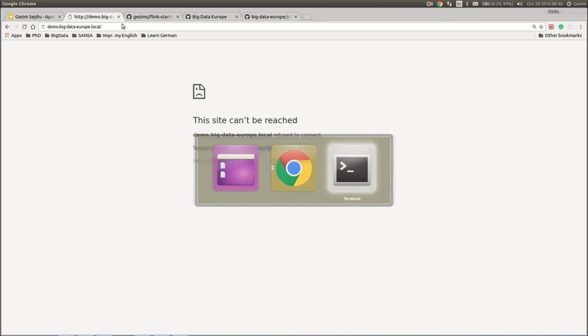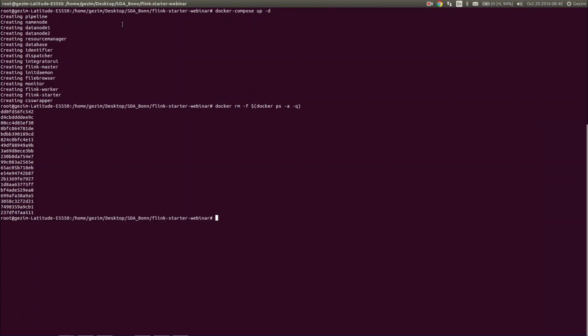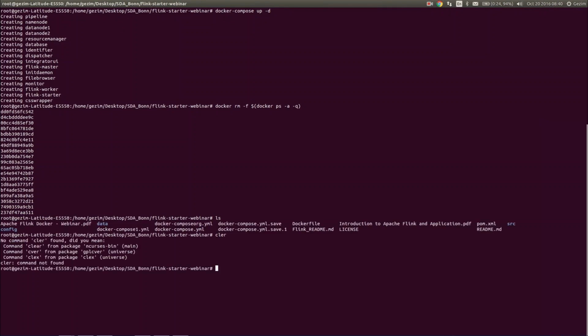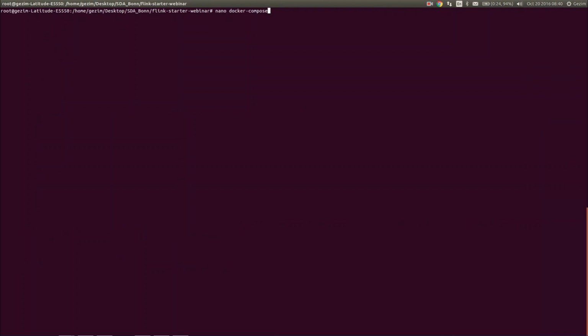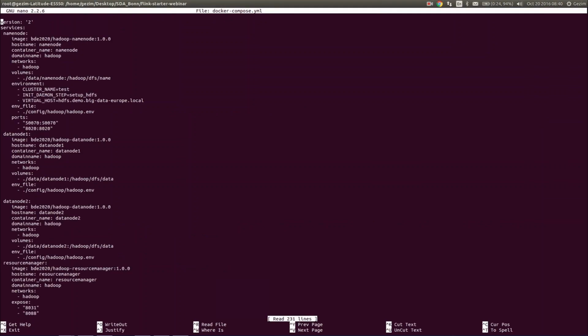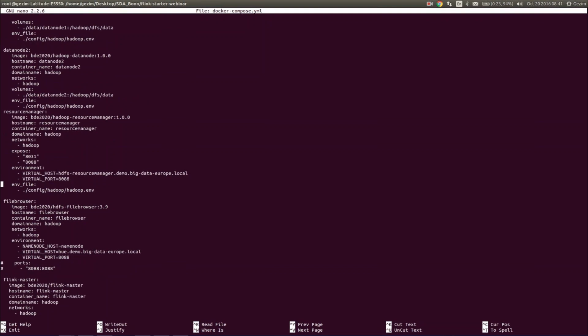To run a pipeline is quite simple. We just need a Docker Compose file which lists all the images provided mainly by Big Data Europe. Also, you can include your own images which may compute a specific job in your case.